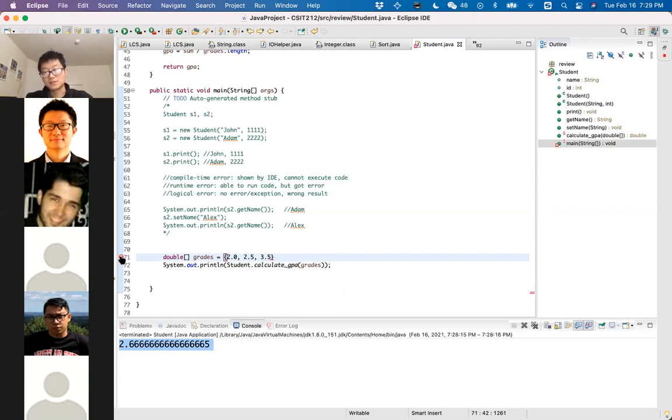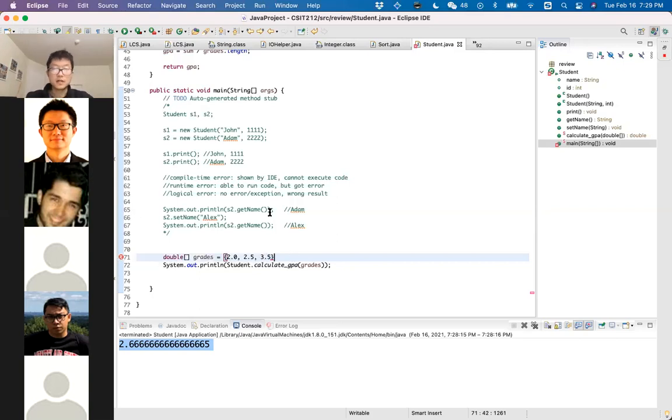The IDE itself is able to detect it by signaling, with a red cross on the left-hand side. It basically tells you that at this line there is a grammar error. You should fix it, and sometimes it gives you a hint on how to fix it. Here you can see that it says syntax error, insert semicolon to complete this sentence.